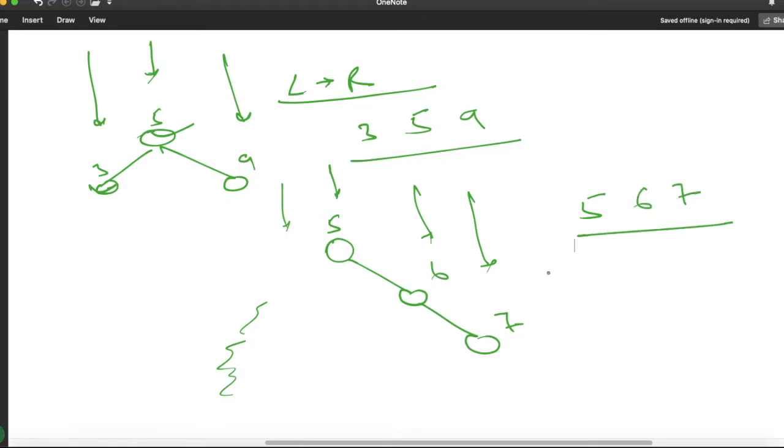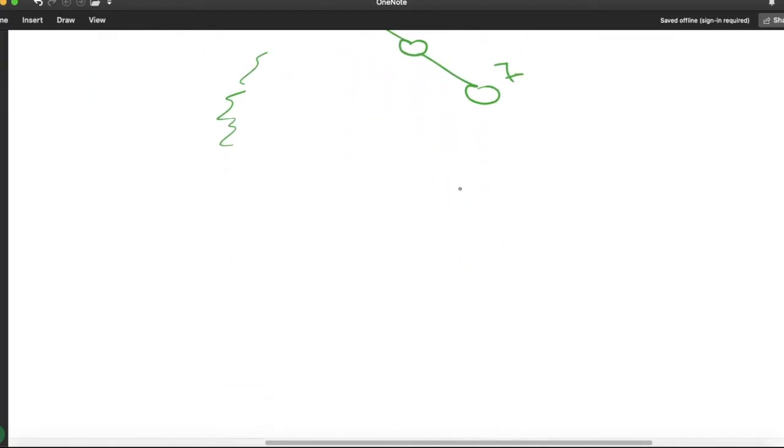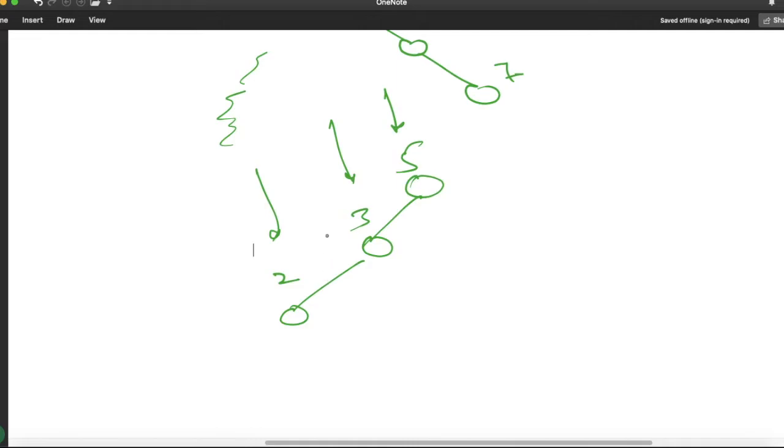This will be my output. And the same goes with the left side. Suppose this is my binary tree having values 5, 3 and 2. When we see this tree from the top, all these nodes will be visible. So our output from left to right will be 2, 3 and 5.